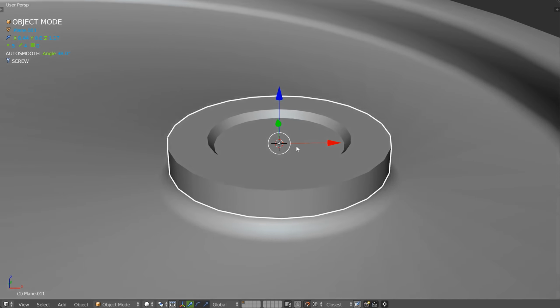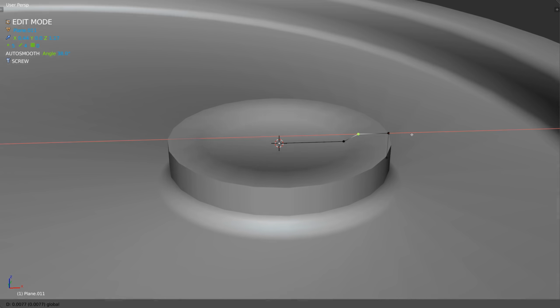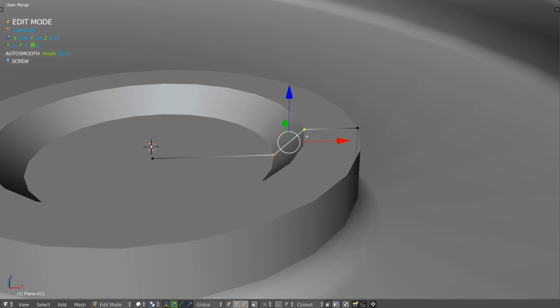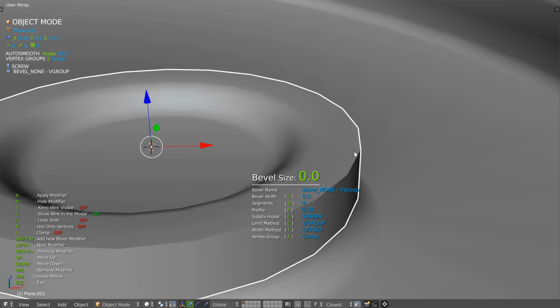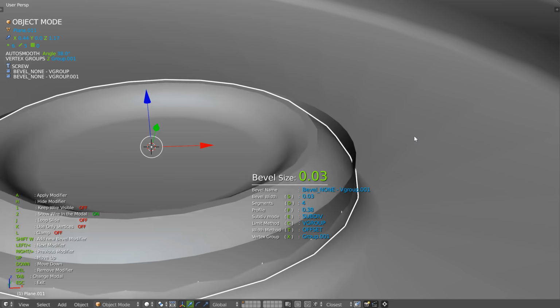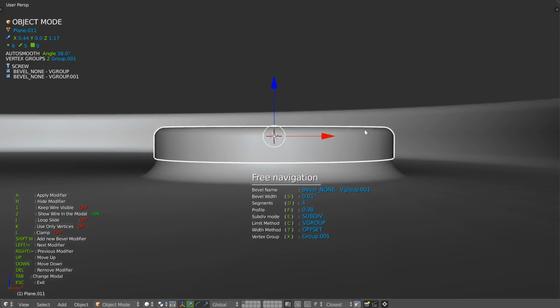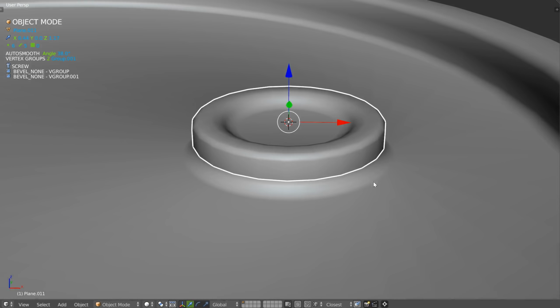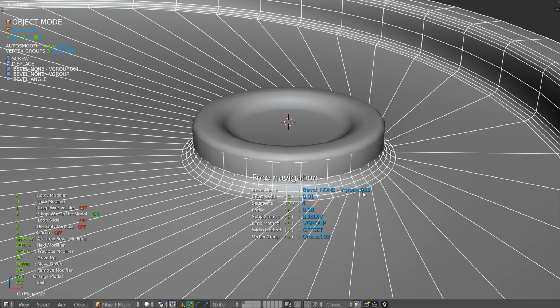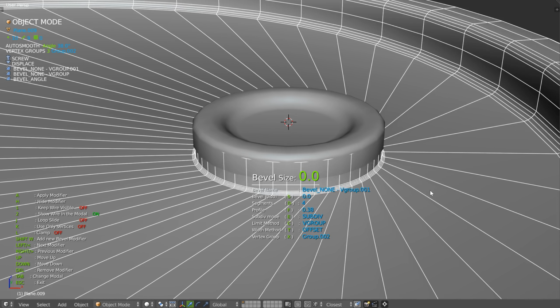So I will just zoom on it, move this here, move this here, hopla, like that, and I will add a bevel here, but I need to subdivide like previously, and that will give me this result, like that, and add a big one here, up, like that. So if you want, yes, in fact I need to edit the bevel on this last one, so vgroup 001, up, and play with it a little.